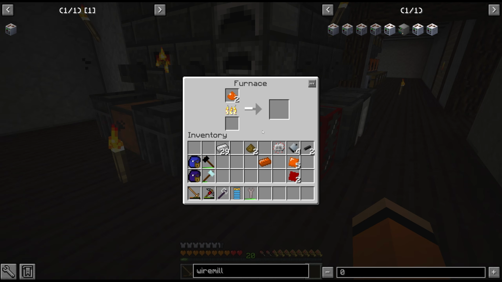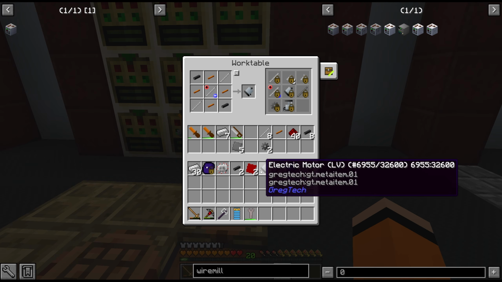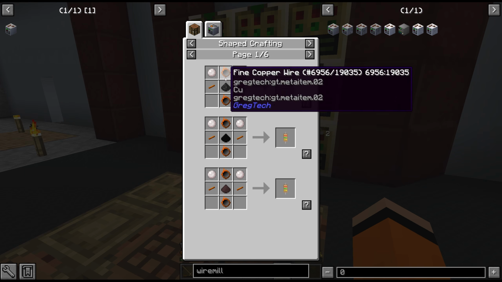Oh guys, I don't know if we can afford this, to be honest. This is our last pieces of copper right here. Yeah, we don't have enough copper for this. I was able to make the motors. We have 1 circuit. To get another circuit, we need some more resistors, and this is a lot more copper